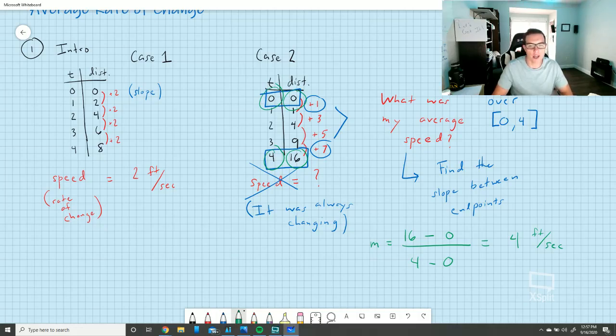So an average is kind of like sometimes you were going slower, sometimes you were going faster. It's like if you drive to work, maybe your average speed is 40, because sometimes you're on the freeway going 60, but sometimes you're driving through neighborhoods going 25 or something like that. And so that's an average rate of change, or the average speed, and it's just the slope. So that gives us our formula